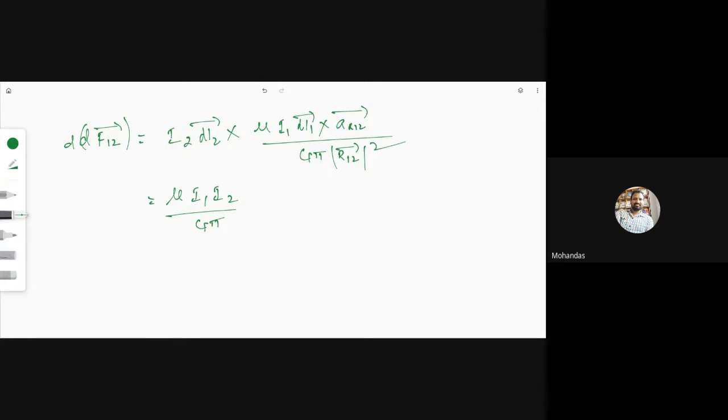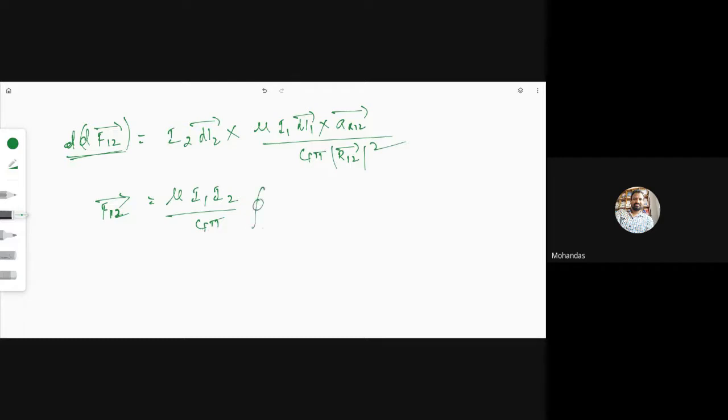Okay? And d²F2 means how many integrals are there? If I do integration, how many times do I have to integrate to get F12? Two times. F12 equals mu into I1 I2 by 4 pi,